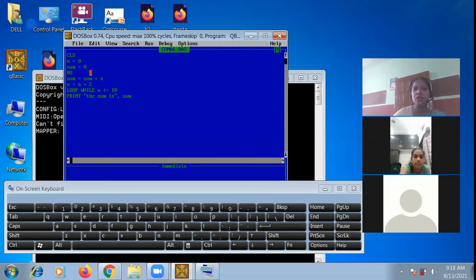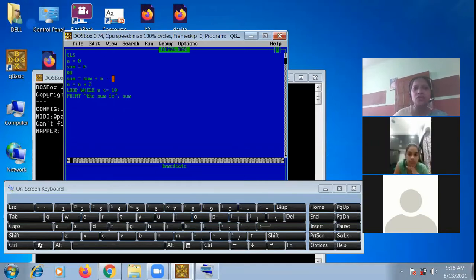N value will increase by 2, and sum value will be the old value plus n value. Now sum was 6 and n is also 6. So 6 plus 6, 12. Sum value is 12 and n value was 6.